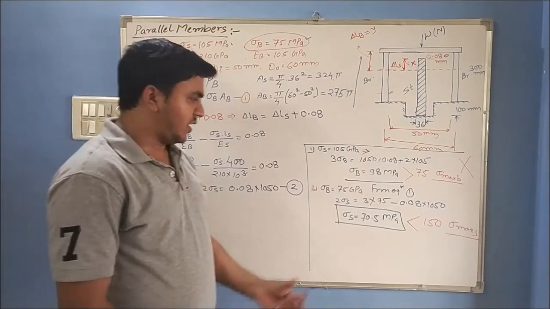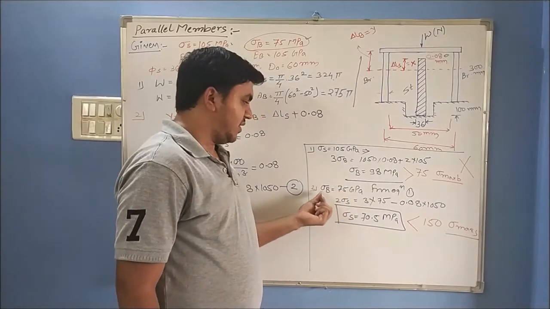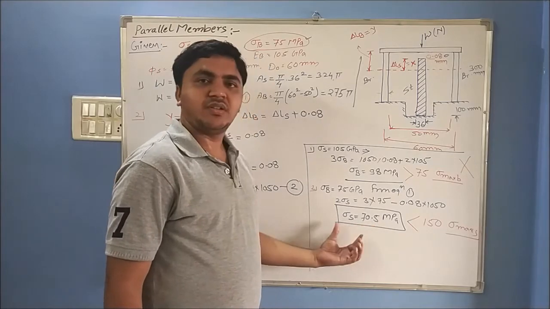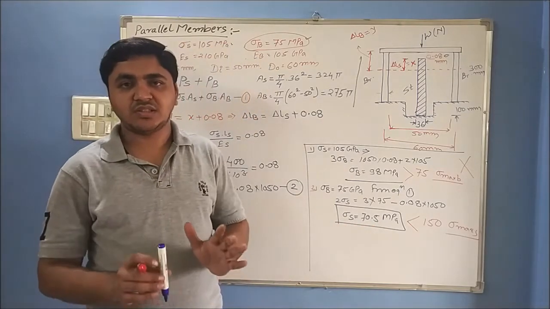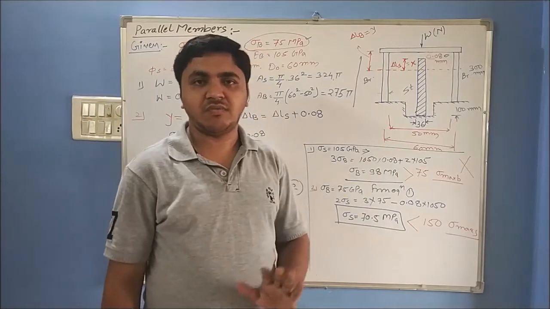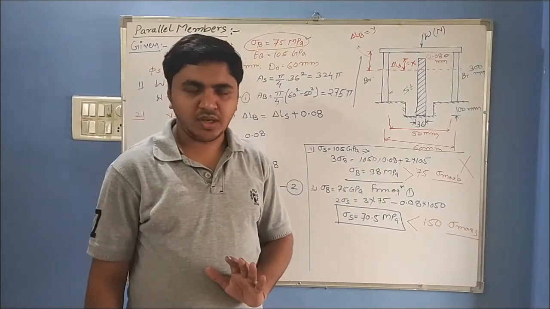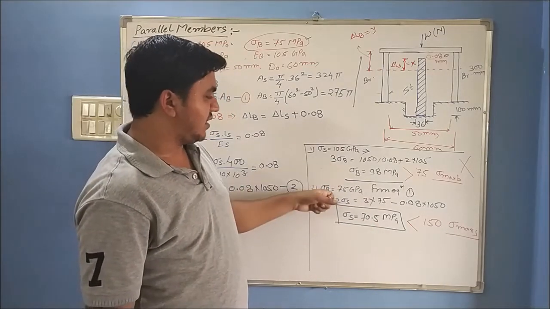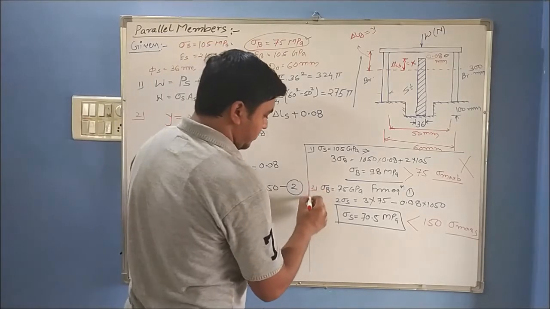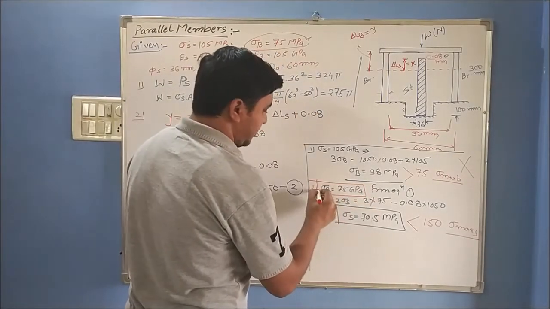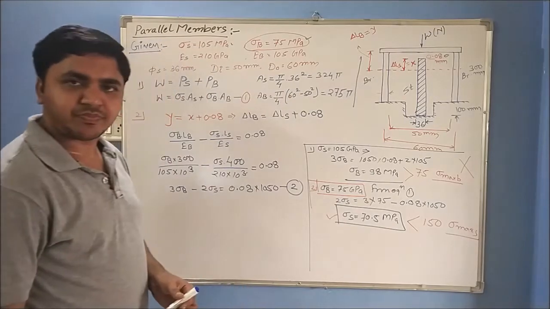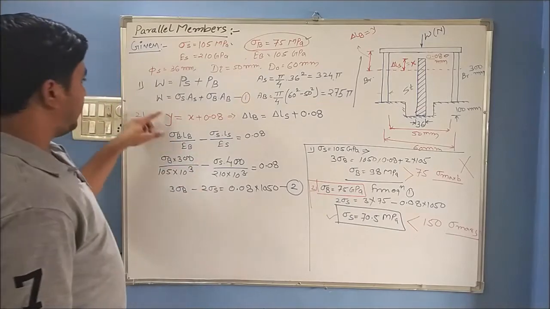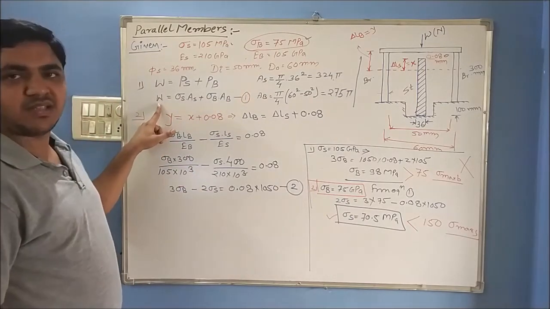Okay. So now if you consider this value of 75 MPa for brass and 70.5 MPa for steel, your design will be safe, your structure will not break. So the maximum stress in brass is 75, and this will be your actual correct value of stress in brass and steel. Okay. Now we can put these two values in equation number 1 to get the value of maximum load W.